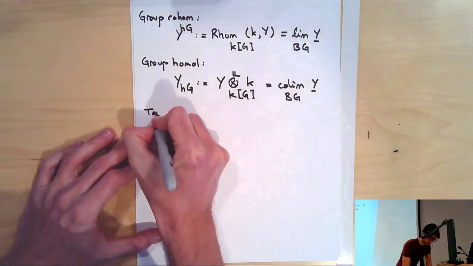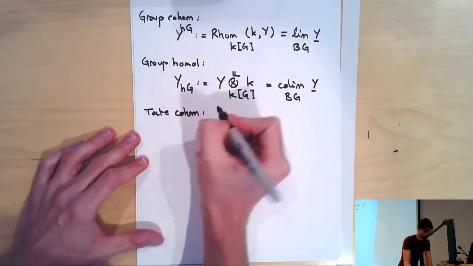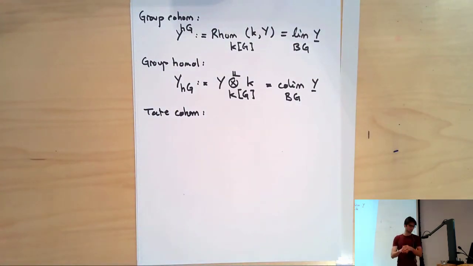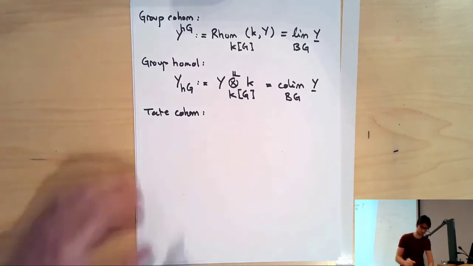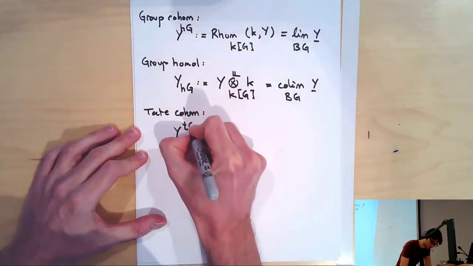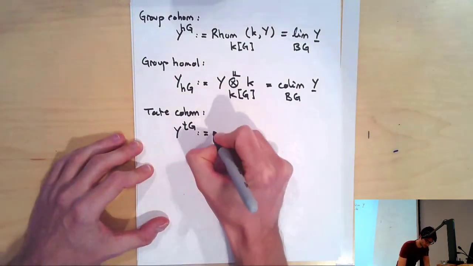And then finally, perhaps less familiar, is the Tate cohomology, which for a finite group is a method of splicing together the homology and the cohomology in a manner which often appears, for example, in class field theory, which here is denoted by a Tate G. As I say, this is defined by splicing them together